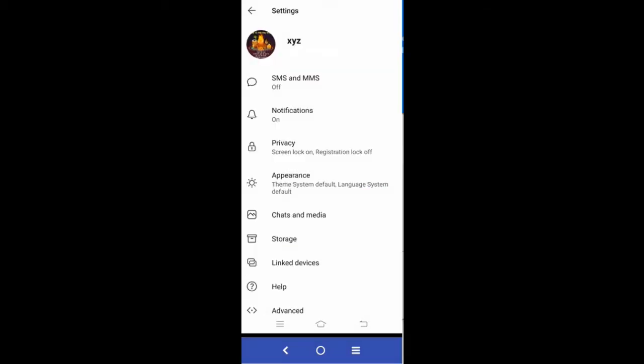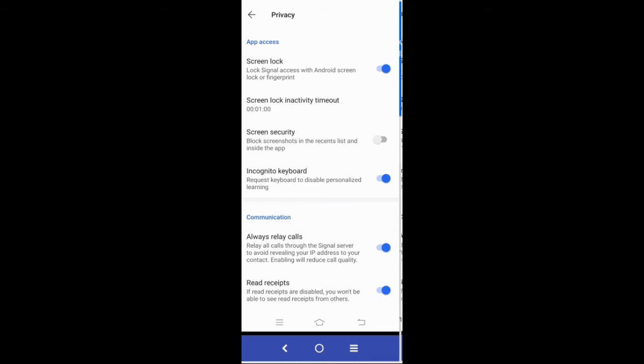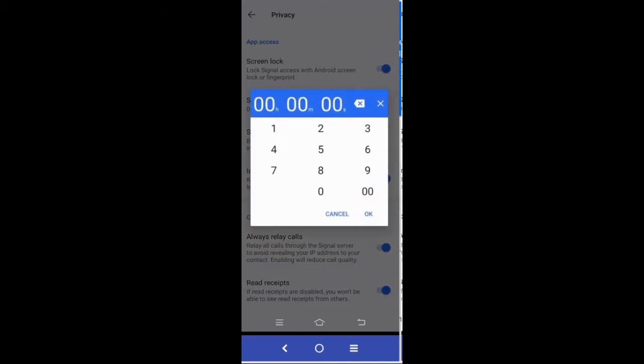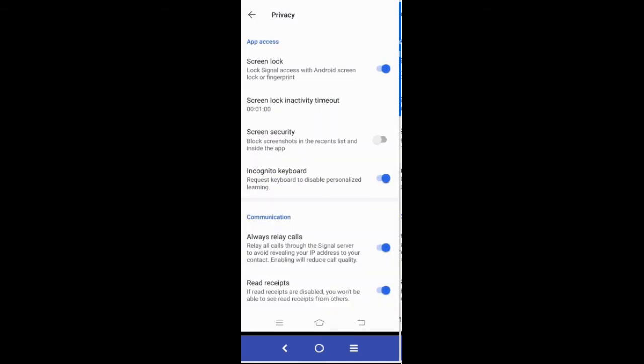Moving on, let's go back to privacy, the most important part that we should focus on. So here you have an option of a screen lock. That is, I've turned on already, as you must have seen that it asked me for scanning my fingerprint. So once you switch it on, then every time you log into this Signal, it'll ask you for the same password that you are using for your mobile phone. Next, you can set the screen lock for after inactivity of how much time you want the screen to be locked. You can set it to 10 seconds or anything you want.